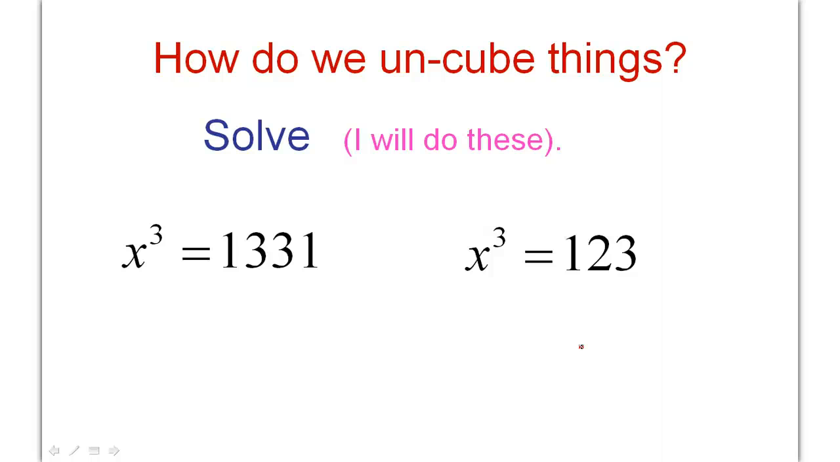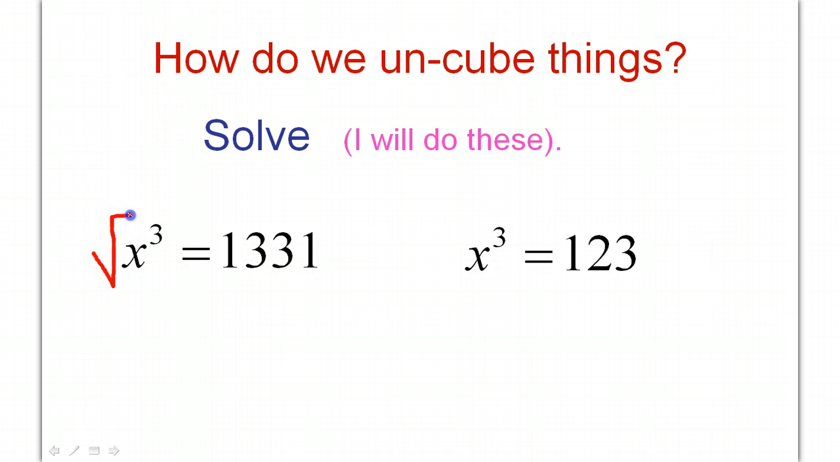Okay. I want to make sure you understand how to work your calculator in terms of this operation. How do we uncube things? We know how we unsquare things. How do we unsquare things? We do the square root. So if I want to uncube things, I'm going to do the cube root. We haven't done that in this room before, so I need to make sure you know how to do the cube root. Okay? So for example, if I want to solve this equation, x to the third power equals 1,331,